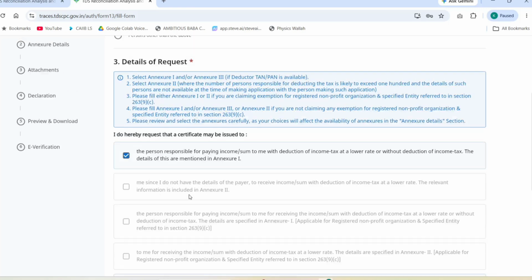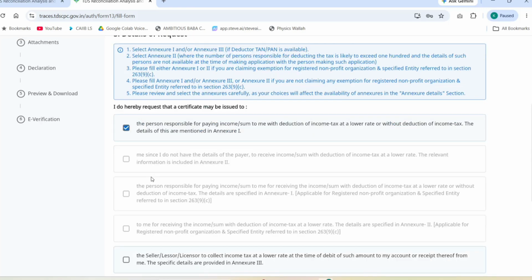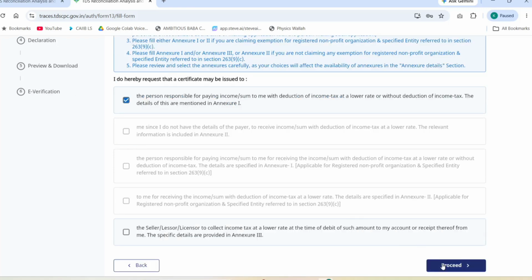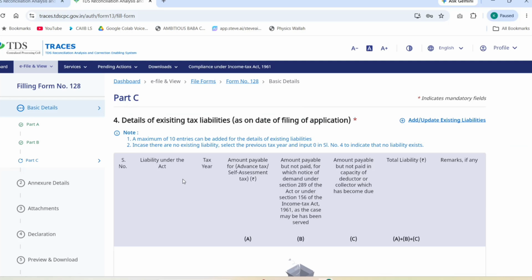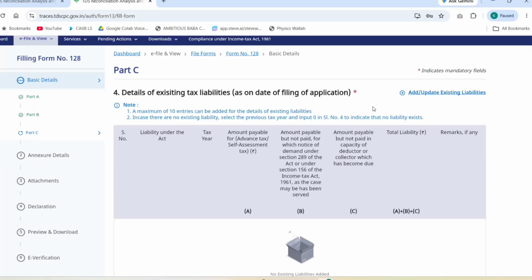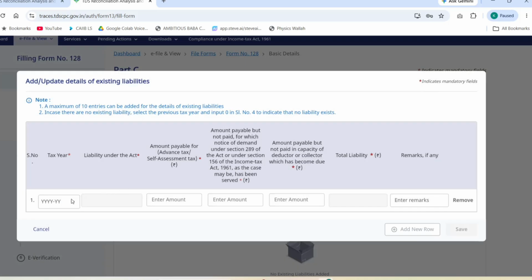Okay, and if you have TCS or tax collected at source, you can select this also. Many foreign travelers can select this. So for example, I'm not a foreign traveler, I have not traveled in any foreign country, so I don't have any TCS paid. So I'll be selecting only Annexure 1. So you have to select this and add update existing tax liabilities. So select here for the last financial year, and